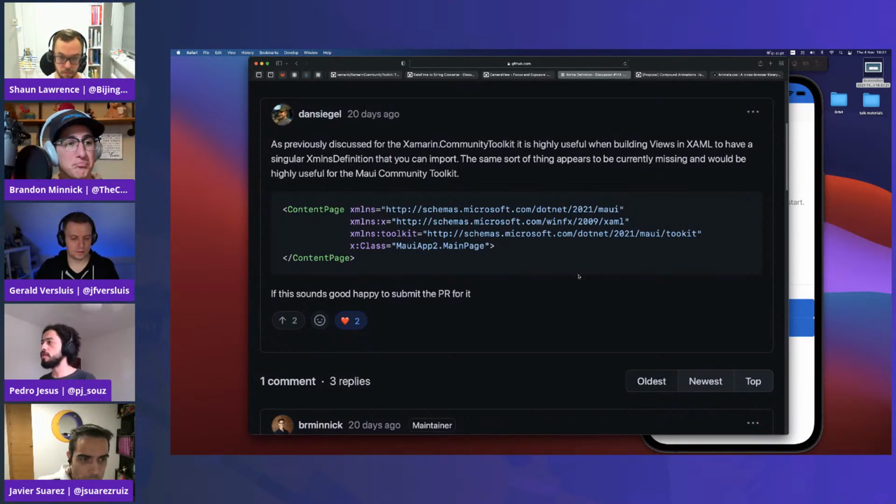For the MAUI Community Toolkit, since we use a build extension method for the DI framework, the IoC stuff there, probably we don't need to care about that ever, because the dev will need to register the effects or behaviors or handlers there. So he will need to type something in C#. So probably he will not see that error there.